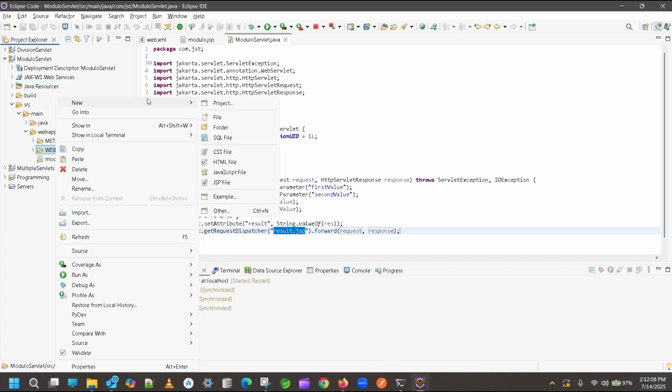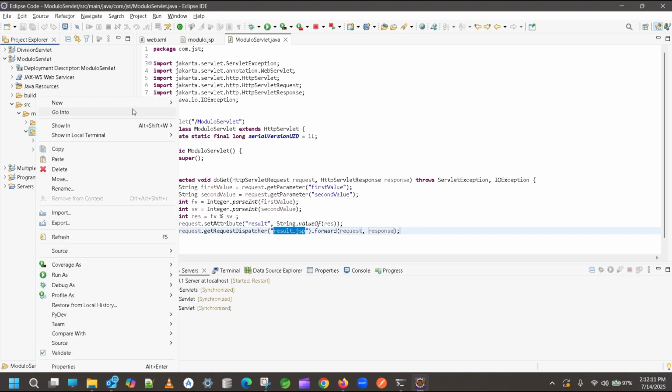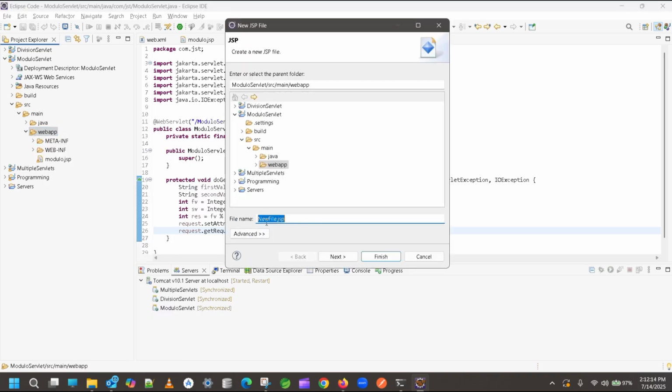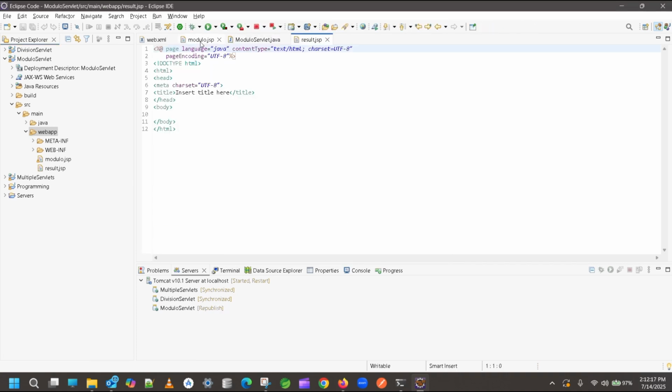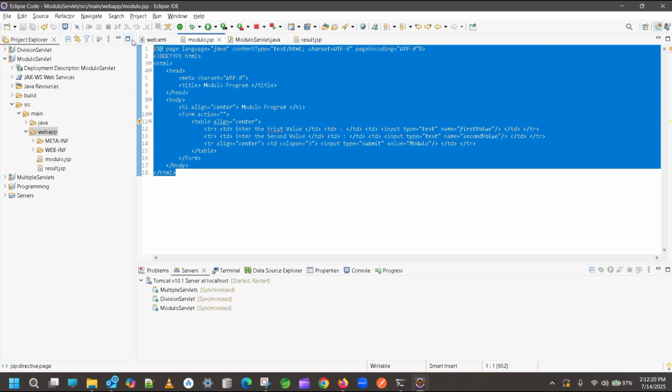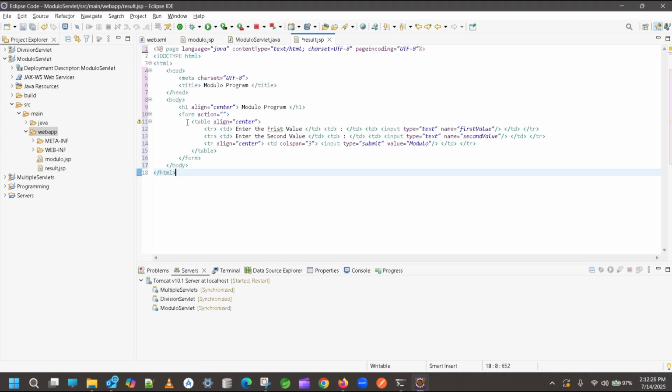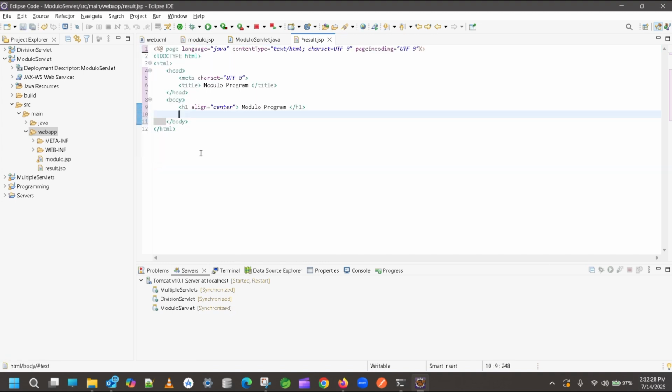Need to create one JSP page, this is result.jsp. The same thing I will copy and paste here. I will remove these things, I don't need this. I will write center. Here I will write modulo of two variables is, and I will write equal to